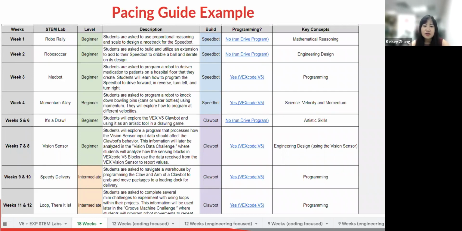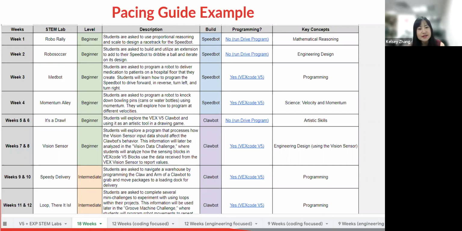It could be part of your STEM curriculum, part of your robotics or coding curriculum, or after school activities and clubs. So we have schools using our curriculum in all different kinds of scenarios, and also for learning centers as well. And multiple labs can be utilized in sequential order to create a unique extended learning experience.